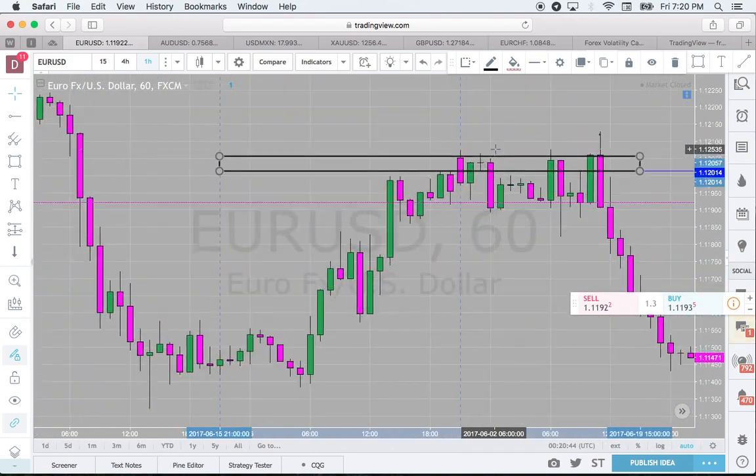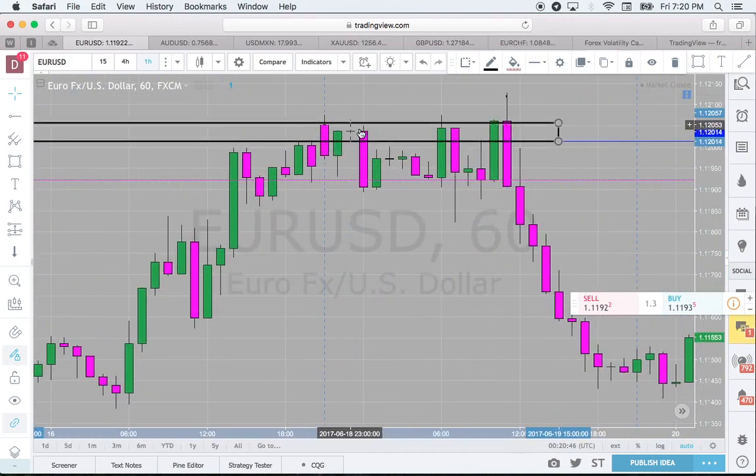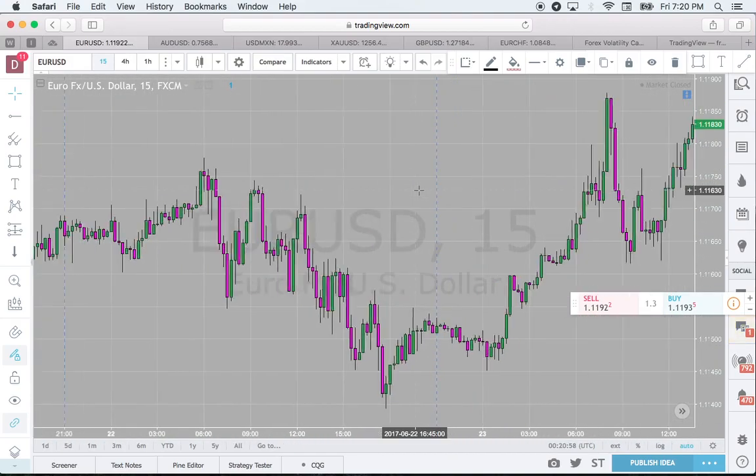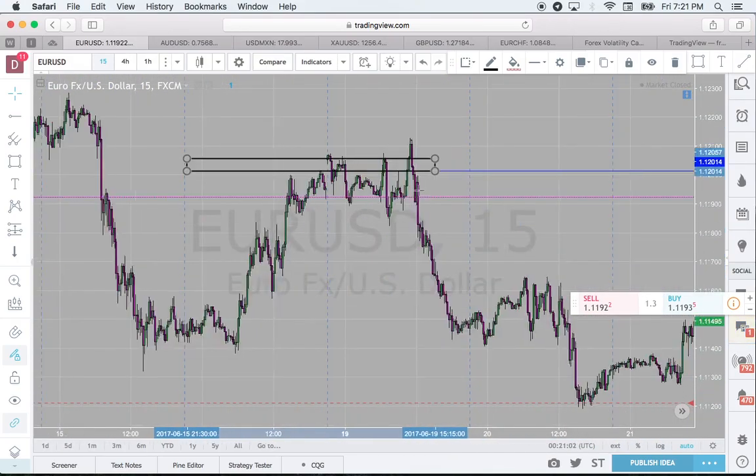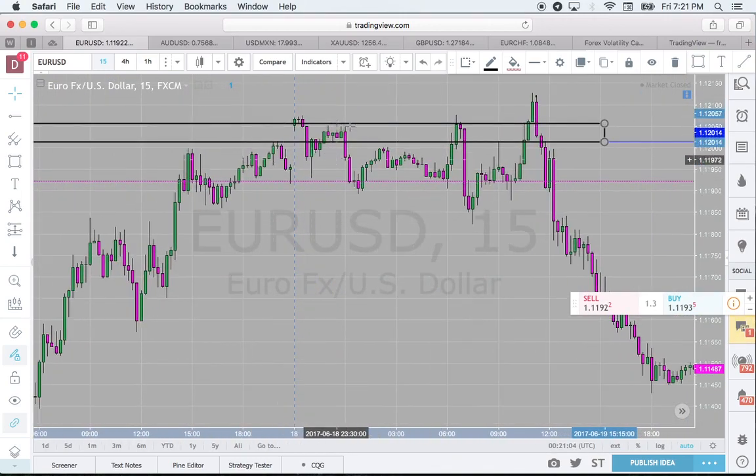We can see there were no candles that broke above this high, except for this star formation, which is a confirmation that we use. So that is a valid sell opportunity at this